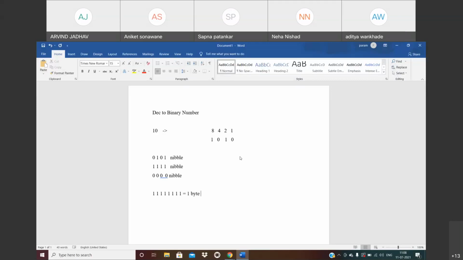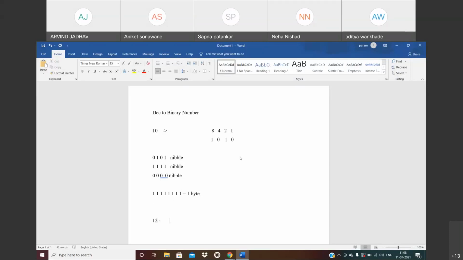We need to understand this basic concept. The combination of 4 bits, either 0 or 1, is called a nibble, and the combination of 8 bits, either 1 or 0, like 0 1 0 1 and so on, is called 1 byte. Let's take another example. We need to calculate the binary of 12.